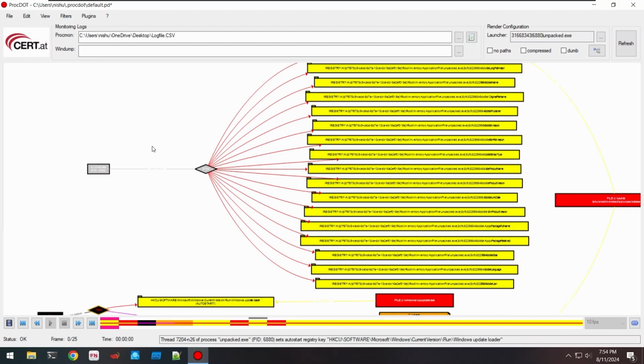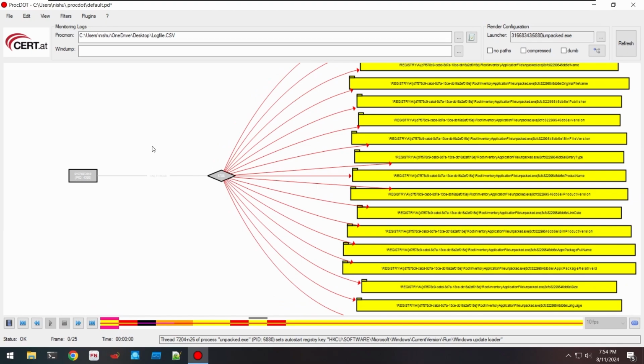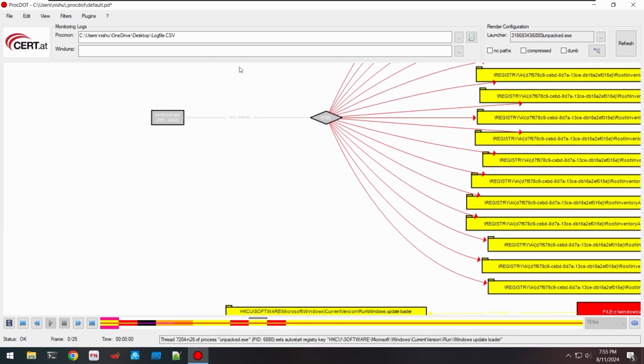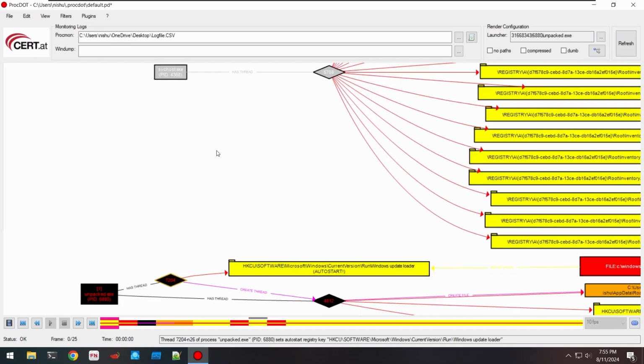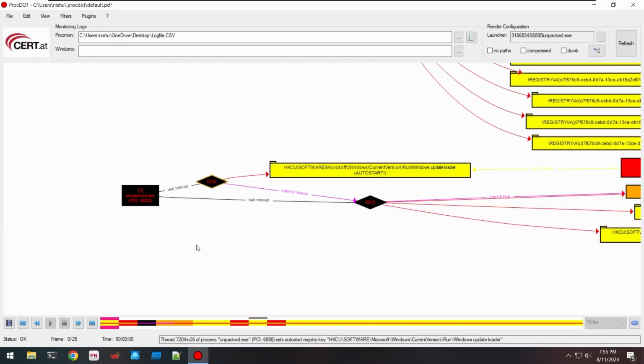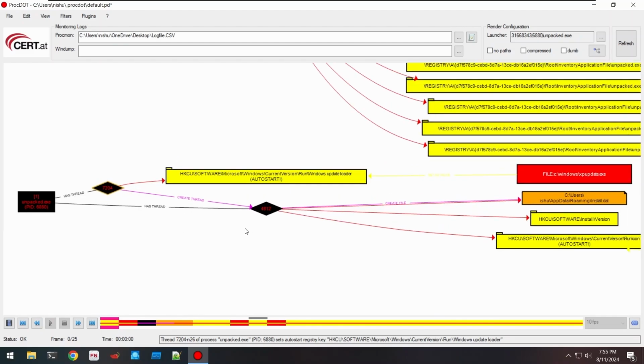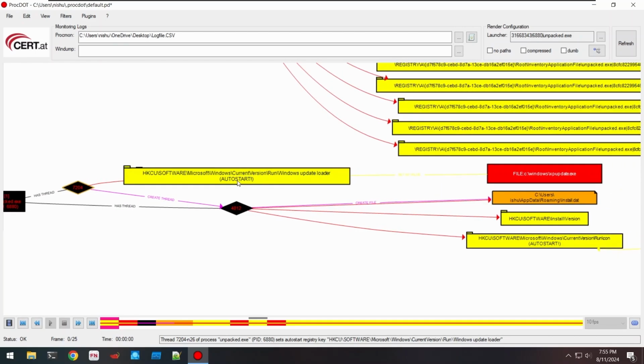You can hold control and scroll to zoom and left click to drag around. So this was the unpacked.exe that was just launched, and it created a thread 77204, and this created a persistence auto start